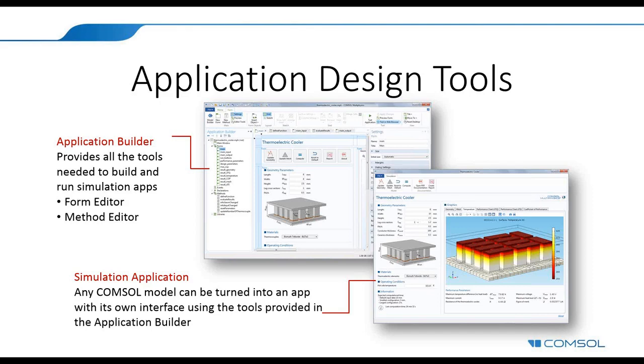So the Application Builder features a form editor. This is what we're looking at in the background screenshot, and that allows you to customize the app's user interface. This is where you add input fields, graphics, tables, and other features relevant to your model. And then the app shown in the foreground here is an example of the finished product. This is what the end user would see. And this one is based on a model of a thermoelectric cooler. The Application Builder also contains a method editor, and that allows you to include programming and further customize the simulation app designed from your COMSOL model. So once again, a lot of flexibility here if you want to use it. If you go on to the next slide,